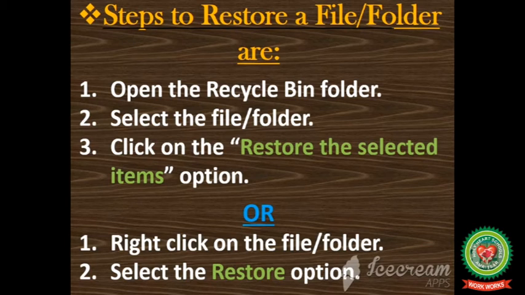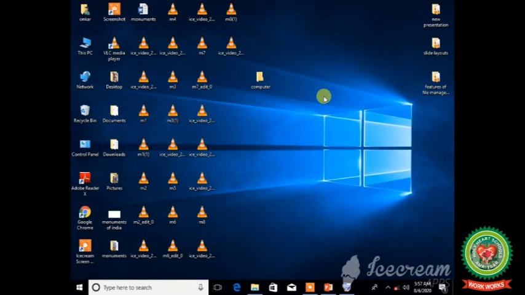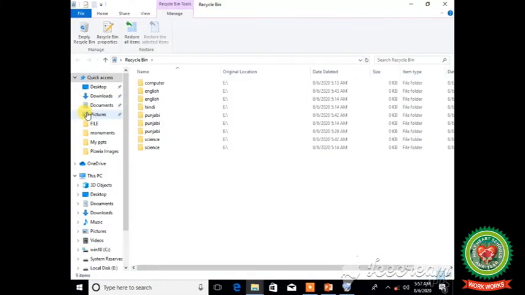So let's do its practical on Windows 10. Students, to restore a file or folder, firstly we have to open the recycle bin folder by double-clicking on it. After clicking, you can observe that we have a total of 9 folders which we have deleted.